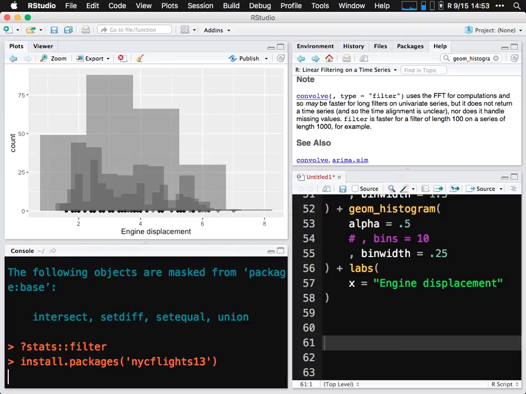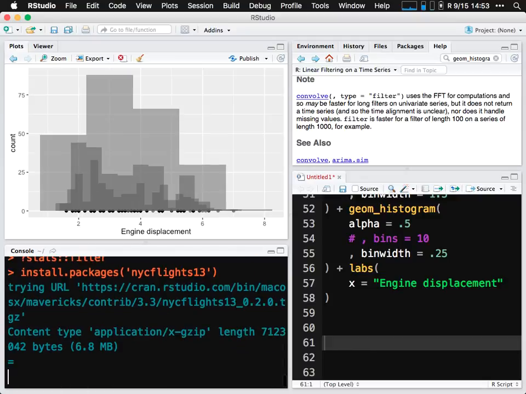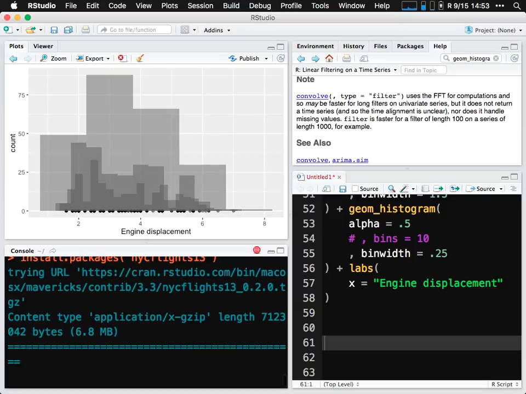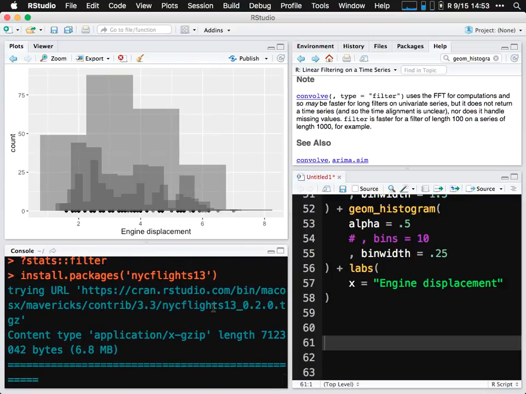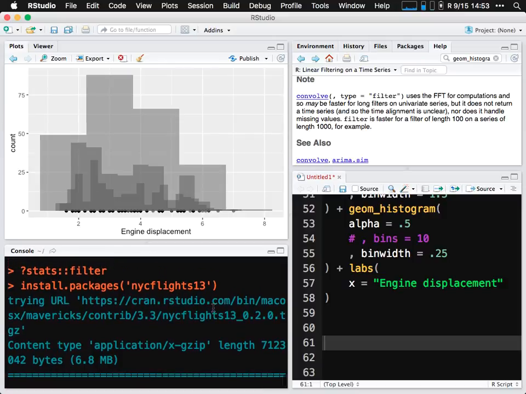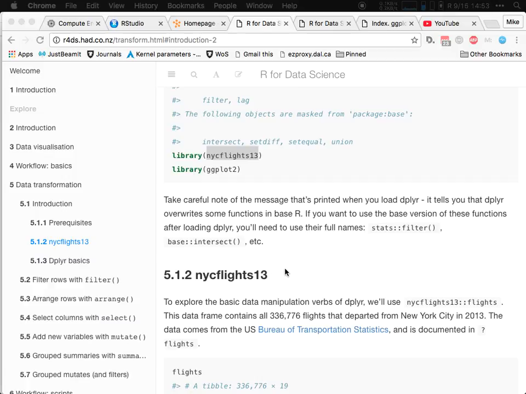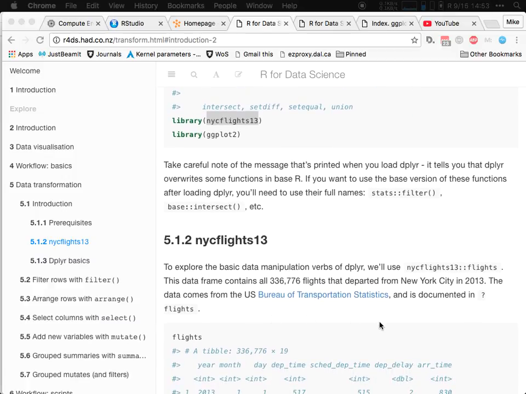I got a non-zero exit status when I tried to install the package. I think that's the sketchy internet. Well, let me see. Maybe I'll get a non-zero. What was the name of the package? Nope. NYC flights 13. Oh. So if you load in the flights package, the nycflights13 package,